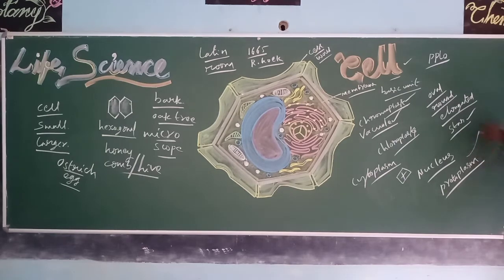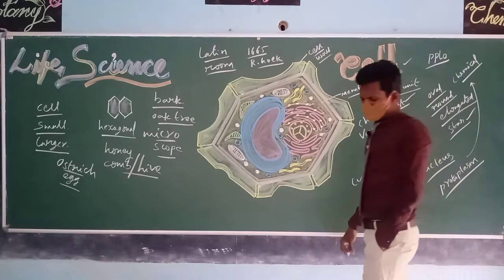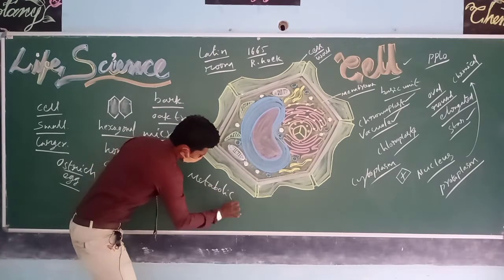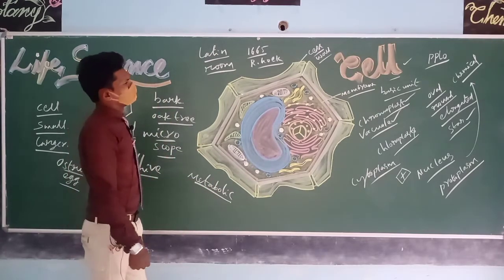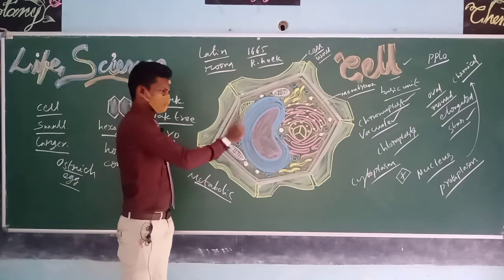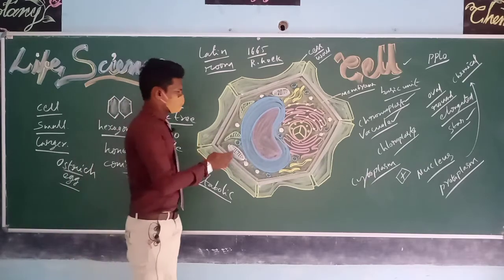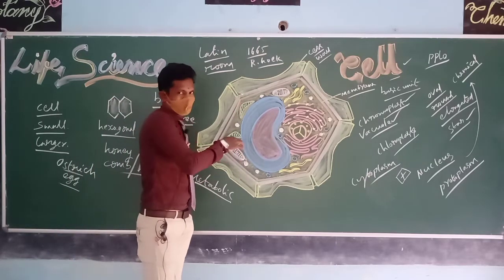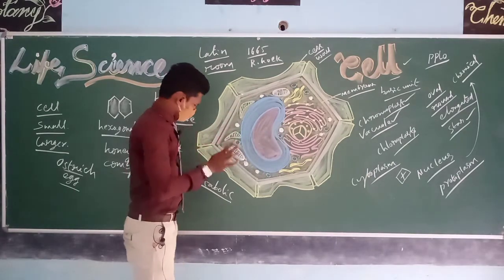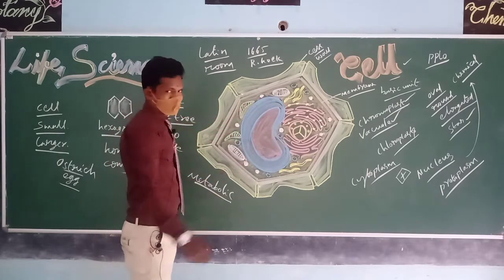So this protoplasm performs chemical activities. These chemical activities are commonly called metabolic activities. So metabolic activity is nothing but chemical activities performed by protoplasm. Protoplasm in the sense cytoplasm plus nucleus. Both are present inside the cell, whether it is a plant cell or animal cell or microbe cell, whatever it may be. So finally, metabolic activity is done by protoplasm.